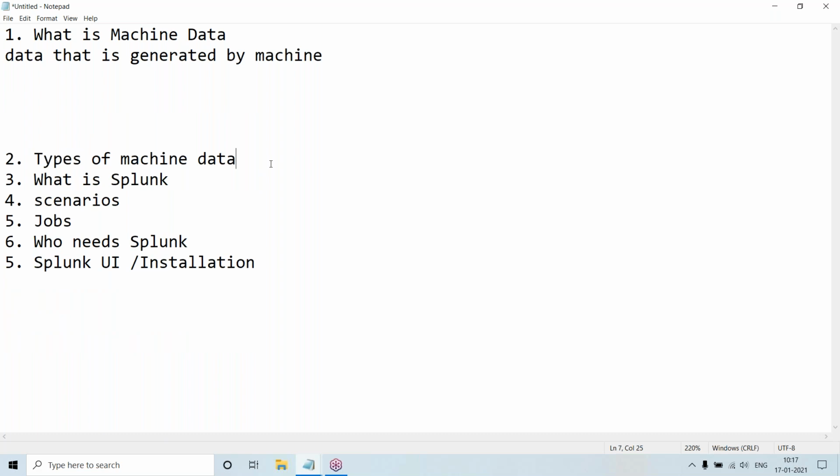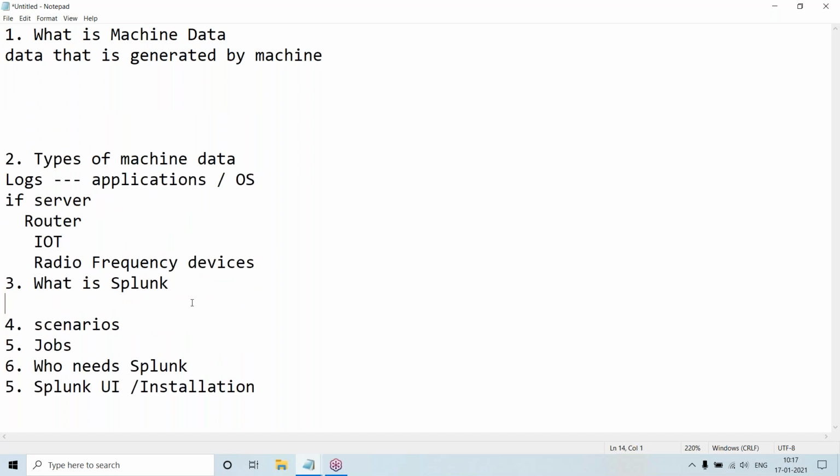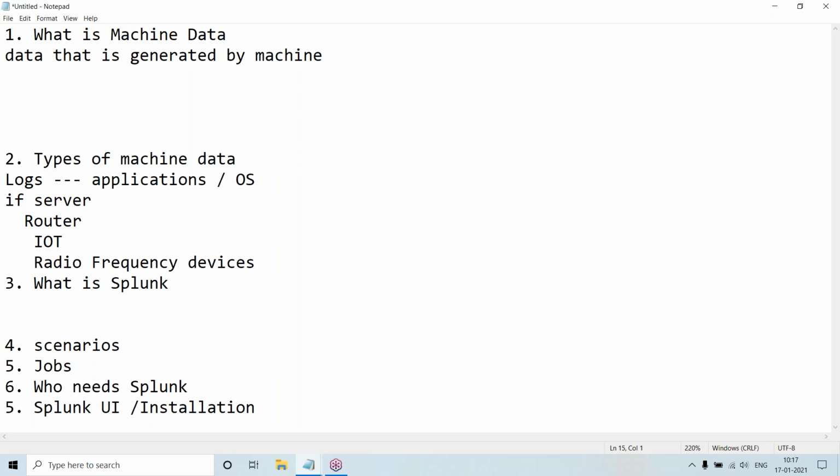Now we'll discuss what Splunk is. Splunk is a software which is used to collect, store, and analyze data. The data can be machine data.